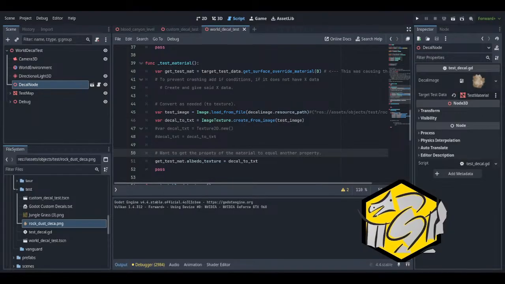Oh, I am so sorry. I did not mean to ding dong Windows right there. Oh, my spine now.